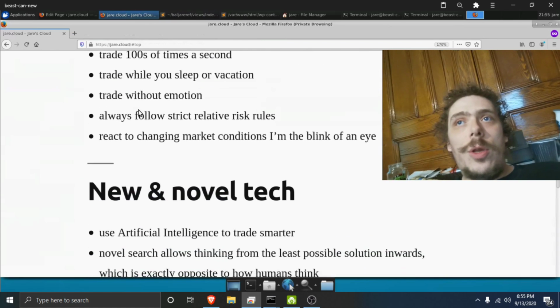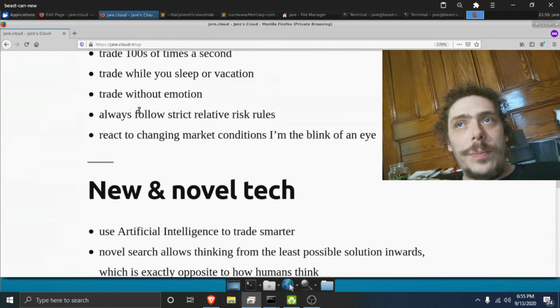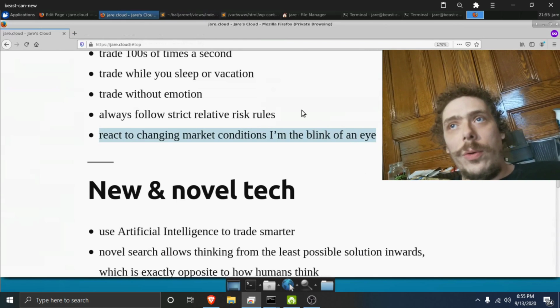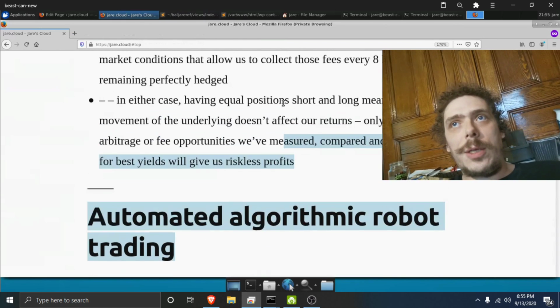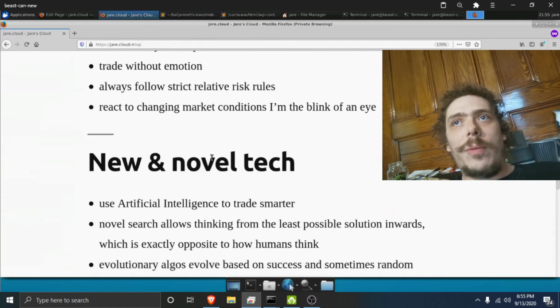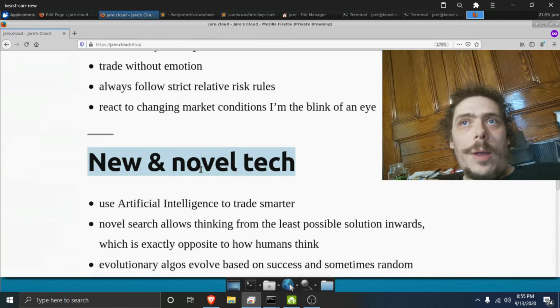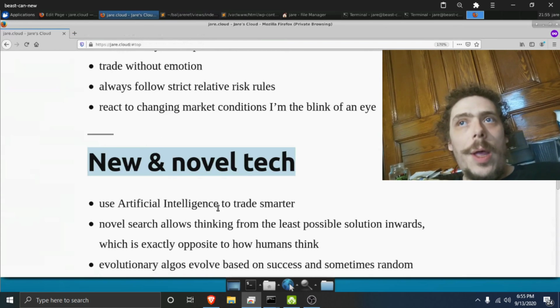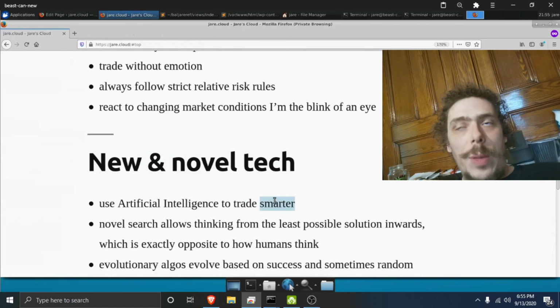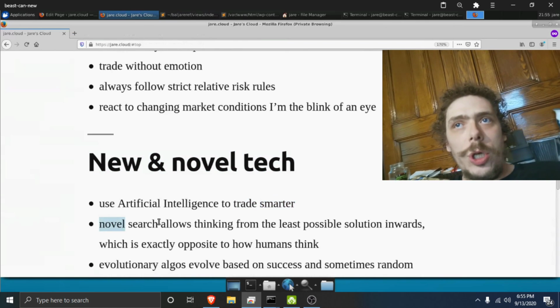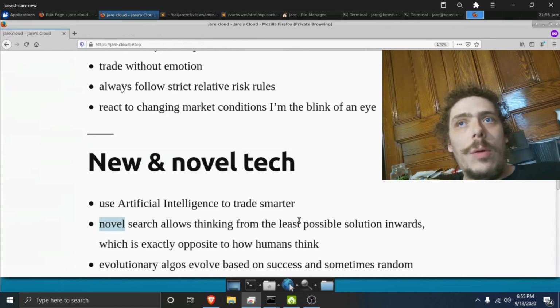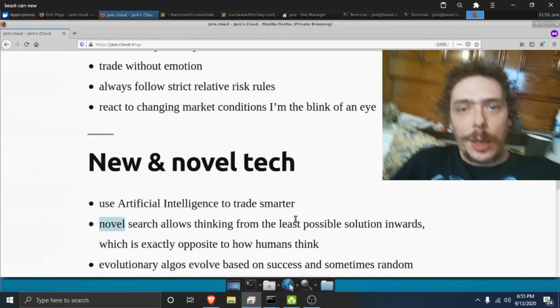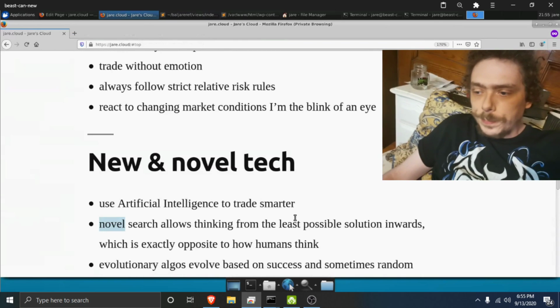Anyway, all of the new and novel tech does the stuff that we just talked about in the last couple sections here. But the new and novel tech that's even more exciting is our artificial intelligence, our patent-pending neuroevolutionary artificial intelligence. It trades smarter than people can. And how does it do that? It uses novel search, allowing it to think from the least possible solution inwards, which is exactly the opposite of how humans think. Now, that's important because